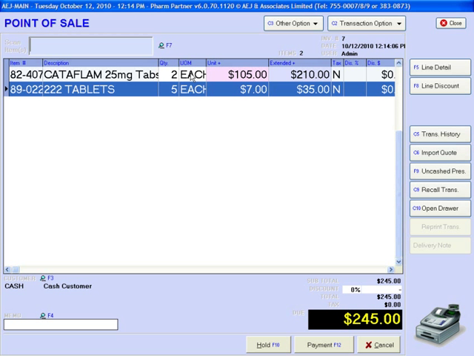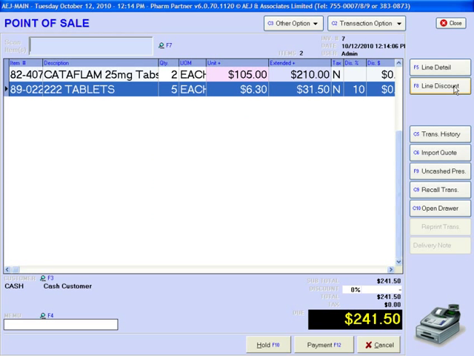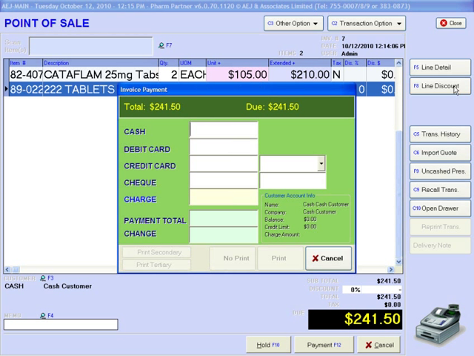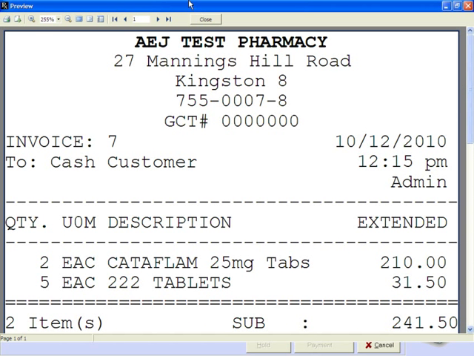Now if I want to give a discount, I can use the up and down arrows and press F8, which is line discount. I want to give 10%, enter, and F8 to apply. Everything is fine there. Then we press F12, collect $300, enter, it shows me the change, and then F12 to print. We then print a receipt as shown,